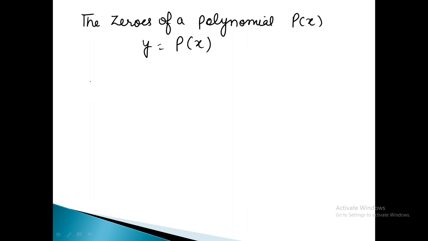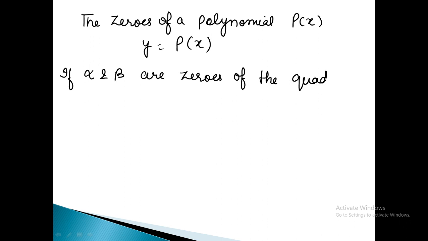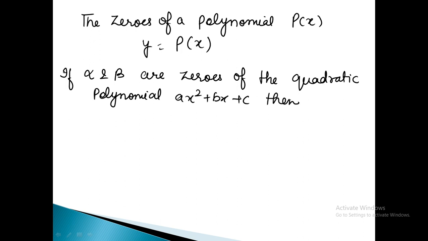And if alpha and beta are zeros of the quadratic polynomial ax square plus bx plus c, then